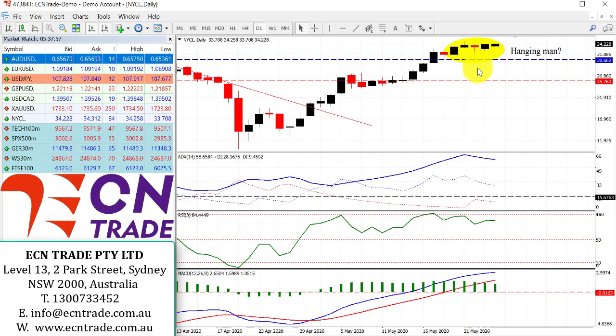Still waiting for the confirmation of this hanging man, and therefore a break of 30.60 would give us an indication back towards 29 or maybe down towards the region of 25. The pullback is seen as a buying opportunity, so I'm not bearish because overall in this bull trend we have seen the dips to be relatively shallow, and if this is the case and we negate this hanging man, then we will head on to 34.70 to 36 and maybe up to $41 as a target.